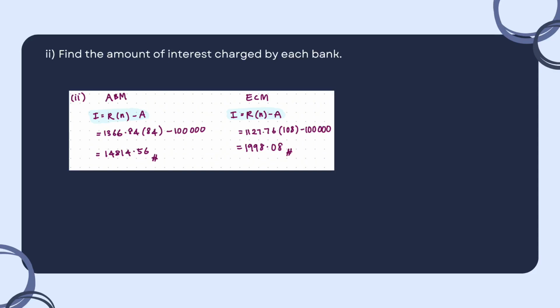And next, bank ECM. Our R is 1,127 ringgit 76 cents, multiplied by 108 and minus 100,000, and we will get